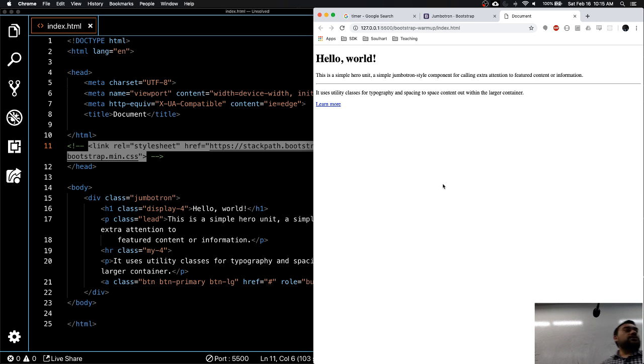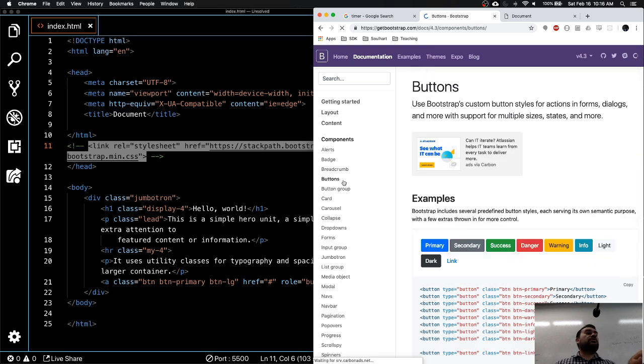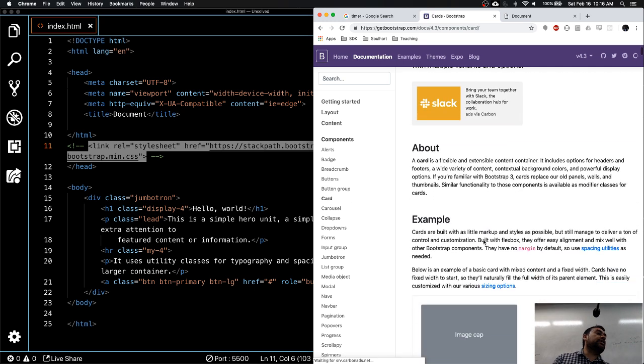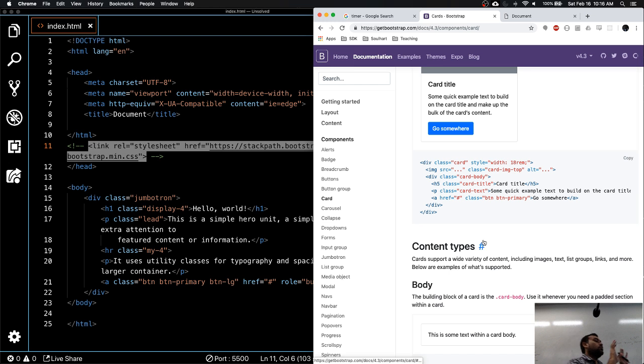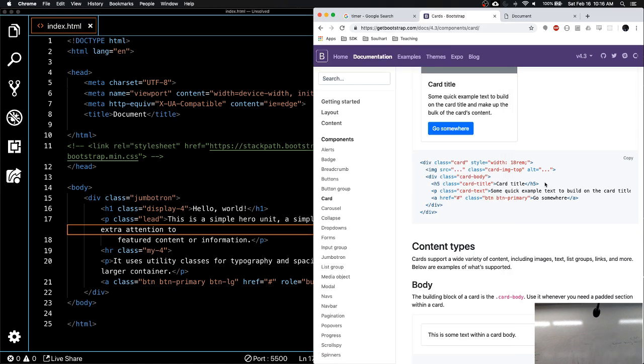All right. So I just showed you one example, but it kind of translates. You have your buttons. Remember, you can use buttons, and they have dropdowns, cards. We'll be using some of them. Maybe card. I'll show you the card one, but it's the same thing. You will see me, and you guys also should get in the habit, try to get an overview. You guys kind of now got it. This is basically divs, H1s, Ps, and I'm using some classes. That's the concept you need to know.